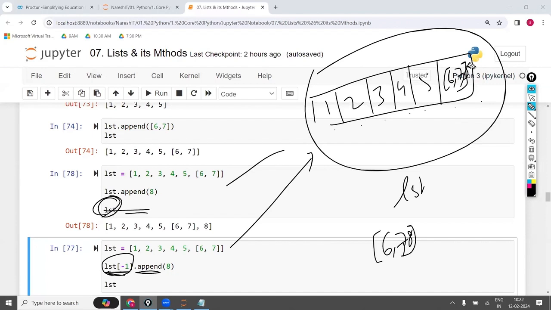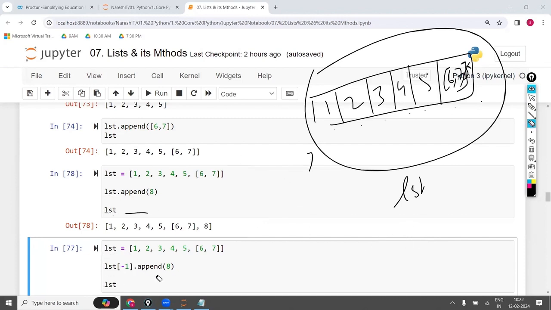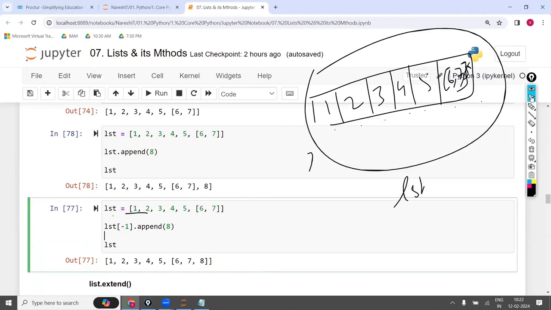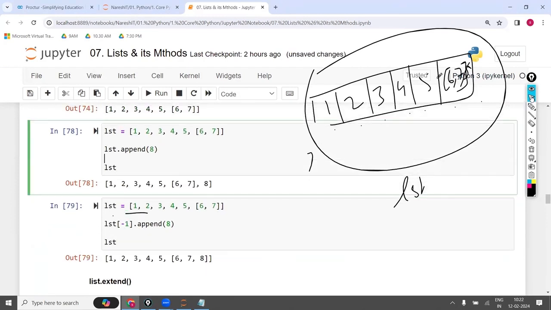Always the list goes inside the original object. Whatever the things there, everything will be inside the original object, not outside. Everything will be done inside. So it goes into the original object and it is going to modify in this way. And you are going to get the output like this. That is the reason you are getting the output like this. That is the difference. Is the point clear?